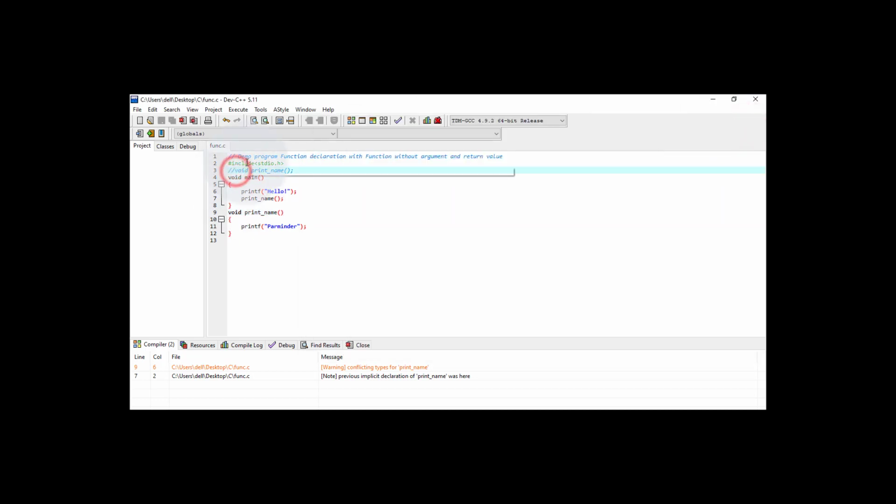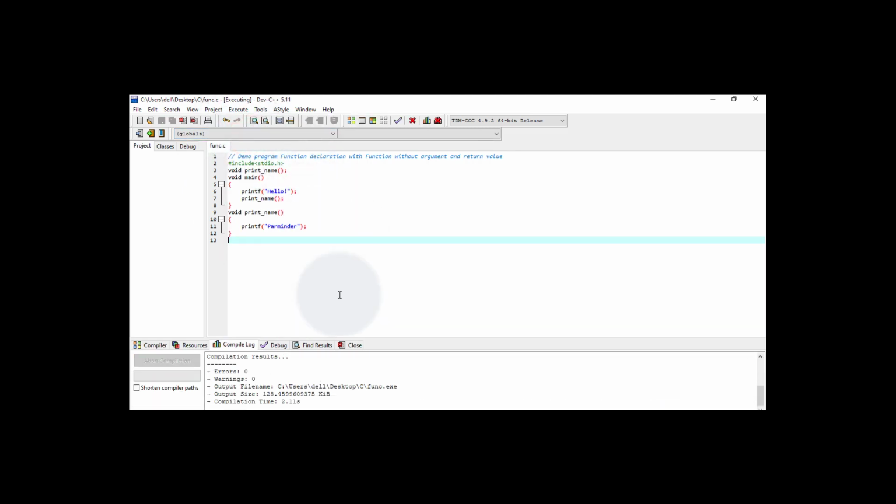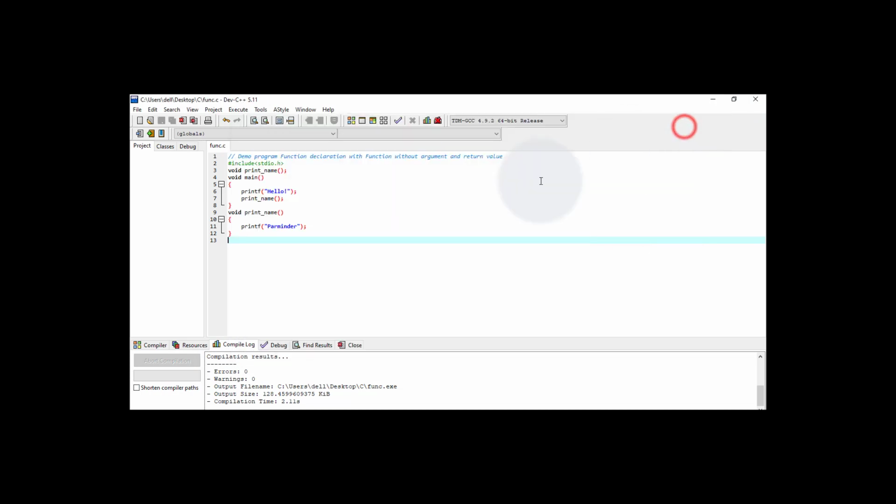So this concept can be made like this way. So this way our program will be free from errors and free from warnings. Go to compile and run, and this time you will see it's showing me 0 errors and 0 warnings. So this is what we have learned in this video, that is how to declare a function and how to prototype a function. And this is also an example of a function without an argument and a return value.